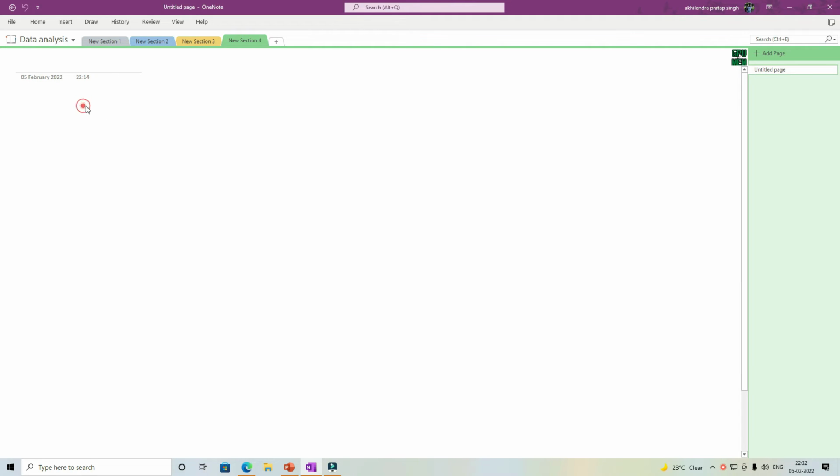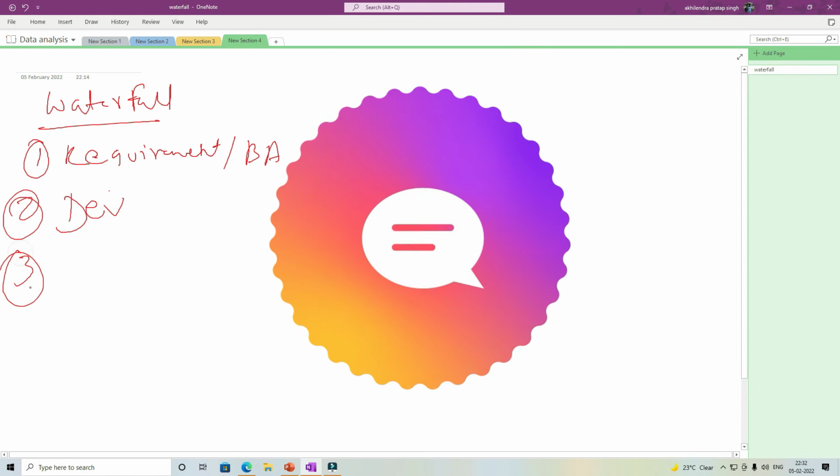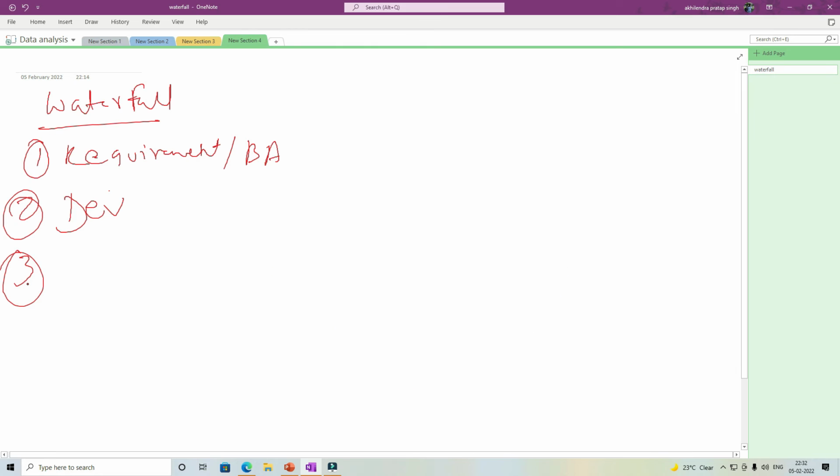So let's say we are talking about waterfall. So in waterfall, like I said, everything will happen in phases. Initially the project will start, so there will be project inception. But in terms of development, by and large, the first phase will be requirement or business analysis. Then you will have development, which is like coding, testing, everything, which includes unit testing, not the functional testing. And then we will have testing phase where we will have functional testing, UAT, etc. And then we will go live.